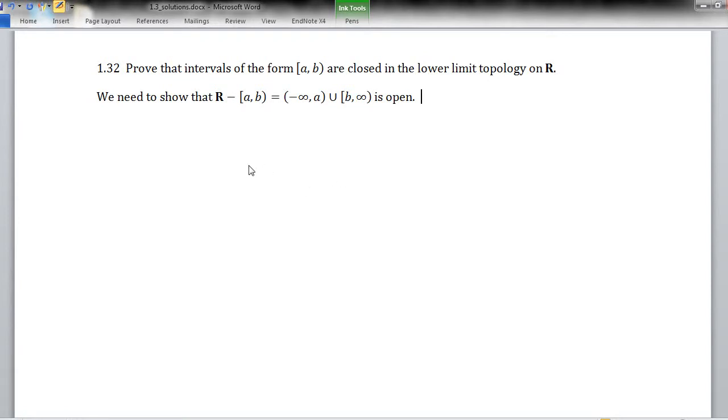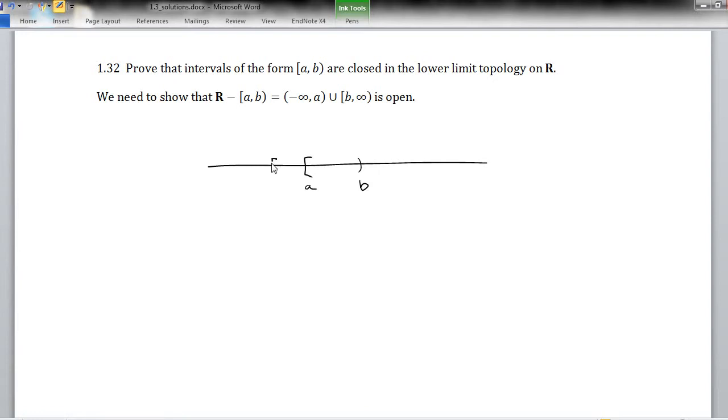We'll begin with a real number line and our given interval from a to b. And we need to prove that the complement is open. So this piece over here, this piece over here. And we're going to do that by showing that each of those pieces is a union of basis elements. Okay. So as for this one over here, well, we can sort of build it up step